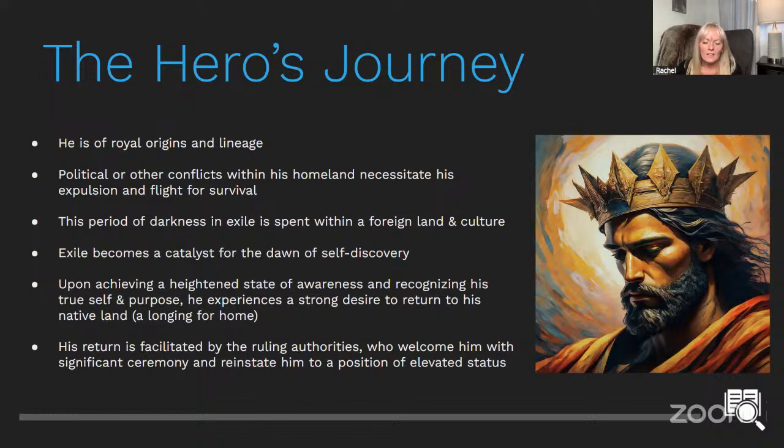So within that, there's this interesting desire and longing for home, or to return home. And then it concludes with being welcomed home, like the prodigal son, another example that fits this pattern. His father welcomes him home and he's reinstated to a position even higher than when he left. And it's a great story. So you guys have anything you want to add to that?